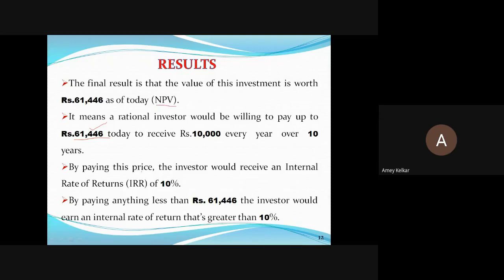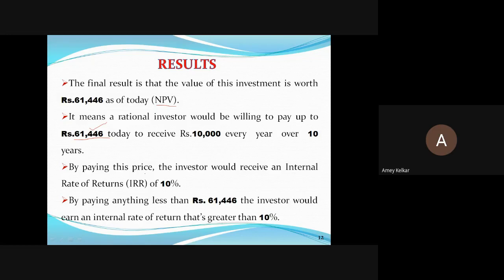So by paying this price, the investor would receive an internal rate of return of 10%. If you have purchased that vehicle today by paying 61,446 and you have accounted for the next 10 years saying that the machine will earn you 10,000 rupees per year, then your investment has an internal rate of return of 10%. By paying anything less than that, the investor will earn more. So if you quote a value, say 75,000, negotiation happens and that party will say 50,000. Then from 75 you come to 70, that party will go from 50 to 55. So if you settle for anything below